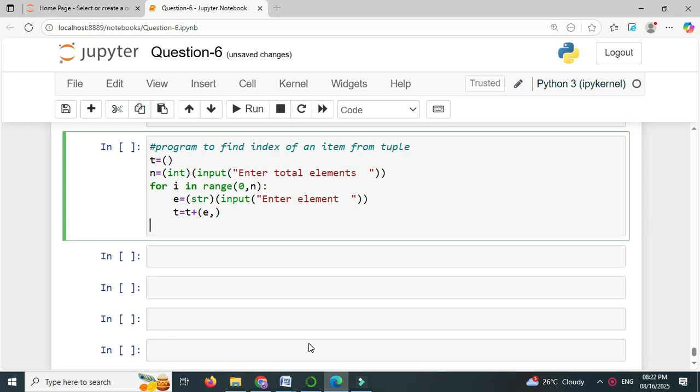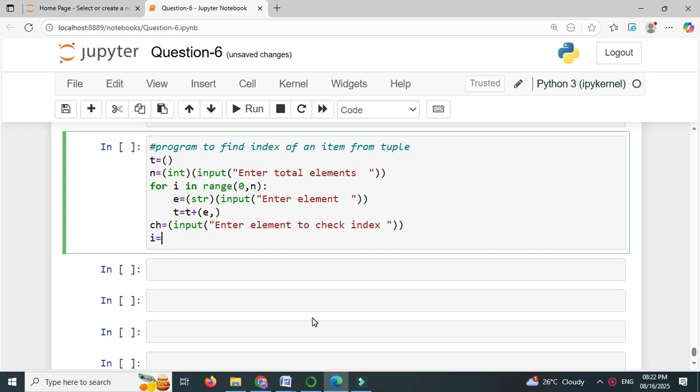Outside the for loop, we'll accept the element for which we are going to find the index. So ch equal to input "Enter element to check index". To find the index, we'll use the index function from the tuple. So i equal to t dot index, and we'll pass ch as a parameter to check the index, and then